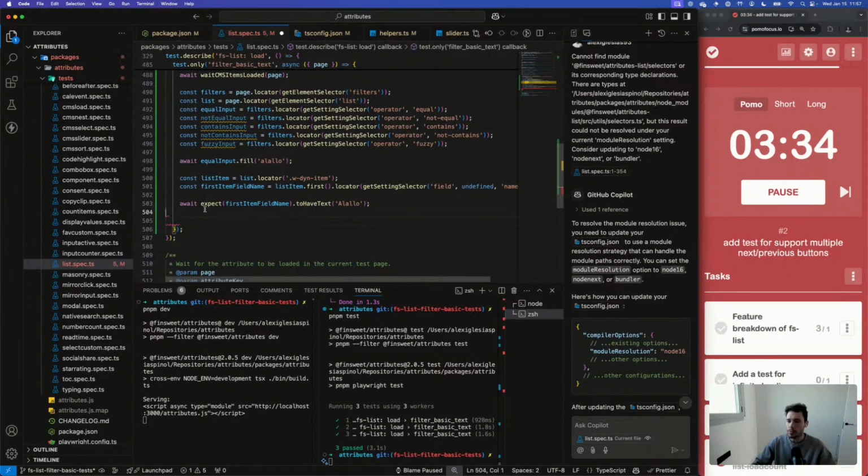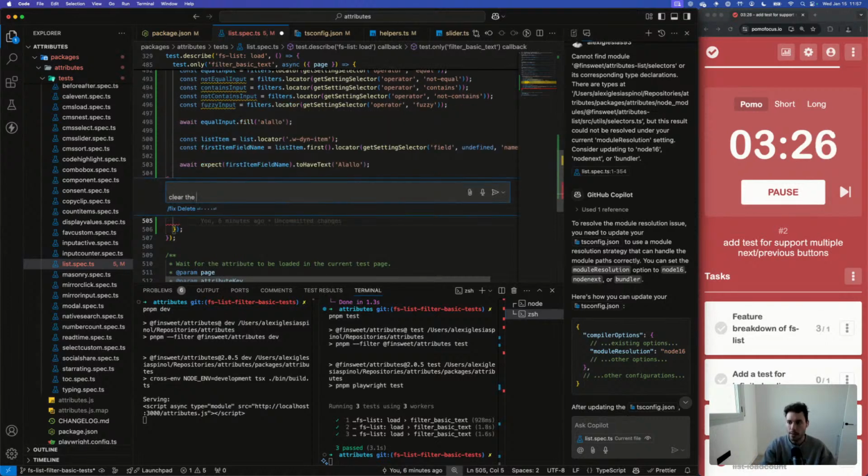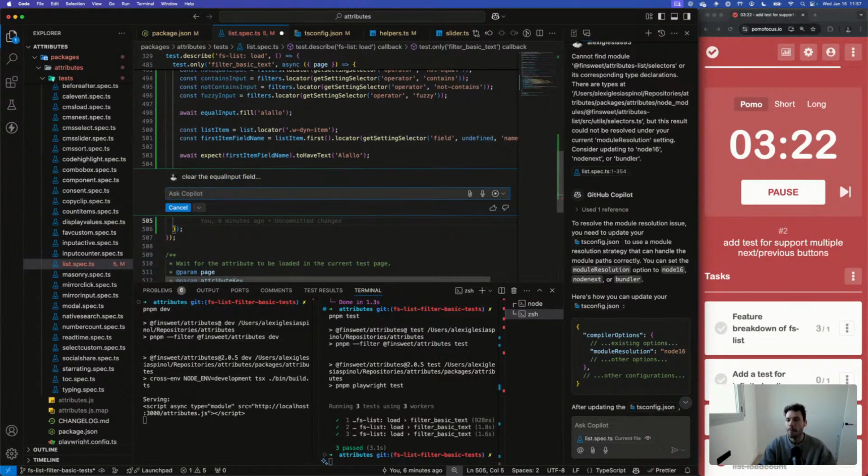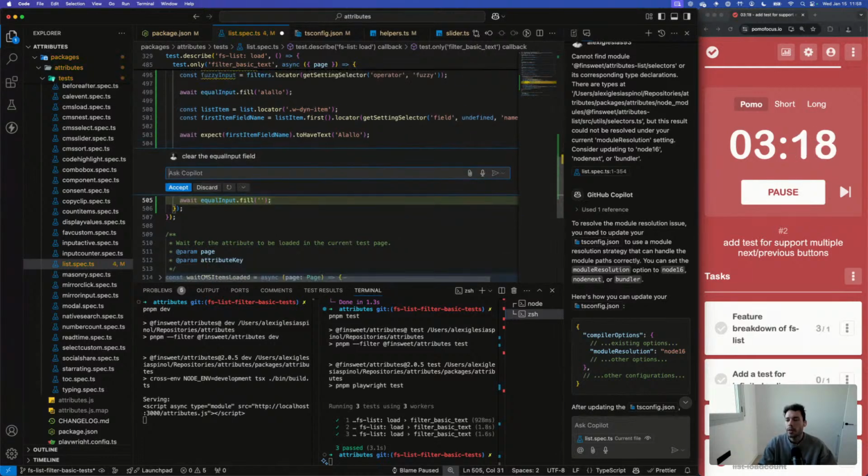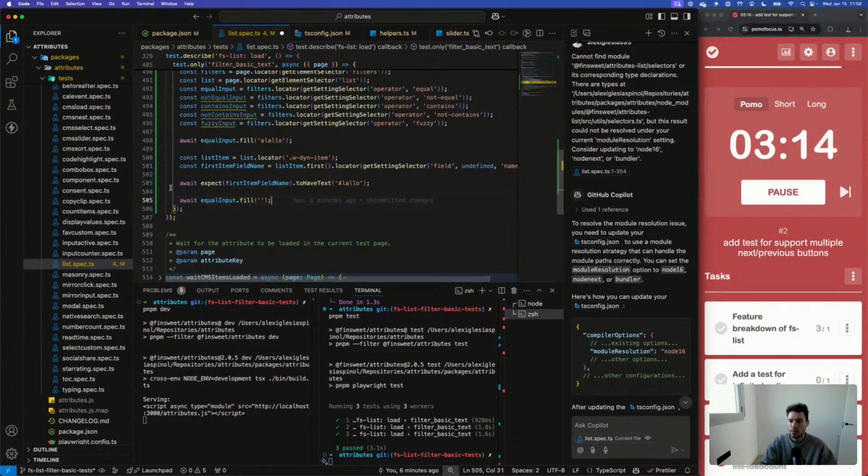Let's do equal input fill, Alalo. Then let's clear the equal input field. Cool. How do I accept without having to click? Okay, cool.